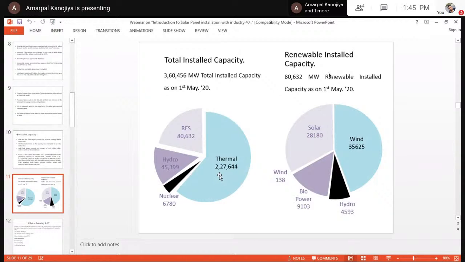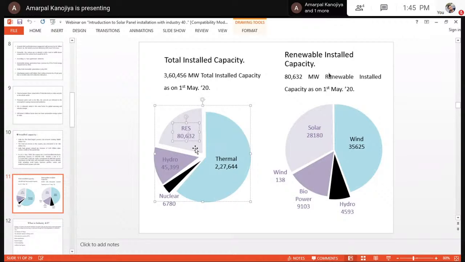From that, we have approximately 2,27,644 megawatt from thermal. See here, our consumption mostly comes from coal power plants. As compared to this, from renewable energy sources, it is just